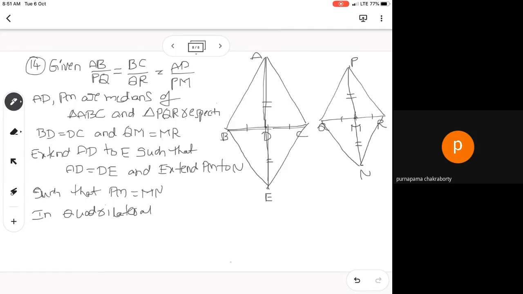So that is diagonals bisecting in the quadrilateral, but while naming the quadrilateral you have to be very careful. ABEC and PQNR are parallelograms